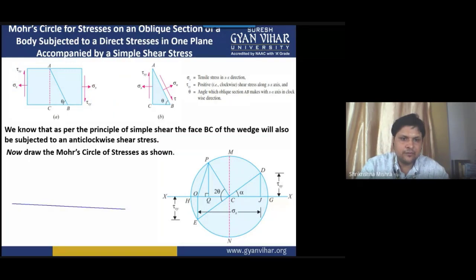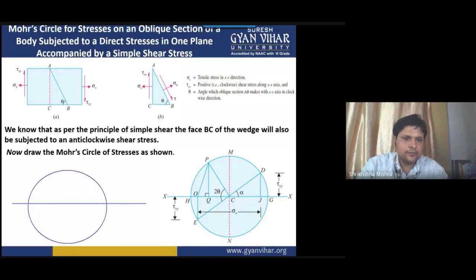First of all, what we have done: we have drawn an x-axis, then we have taken a point on it. This was your O, and this was your J. But one thing you should keep in mind is that the process which I have told you will not be relevant if shear stress is also acting. Before drawing this circle, one step is important that has to be done. What is that step? You will mark the point O.